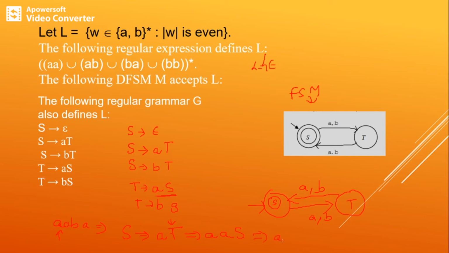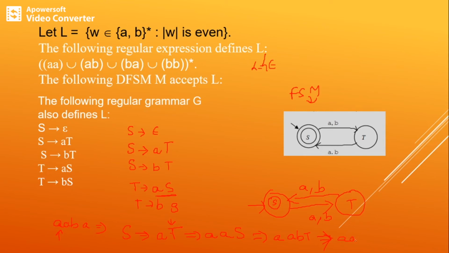So A, B. Always go in the order. If you have multiple non-terminals, if you are following the leftmost non-terminal to be replaced by its production, follow that. Or else if you want to replace the rightmost non-terminal, follow that. So don't change the order. That is what I'm trying to say. Whenever you have multiple non-terminals. Here obviously we have only one non-terminal, S, so S's production, but this time we have to get A. So which is the right one?